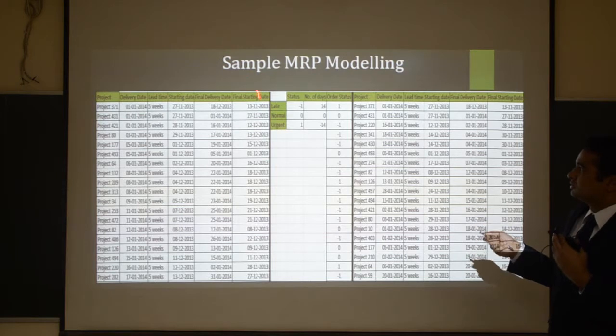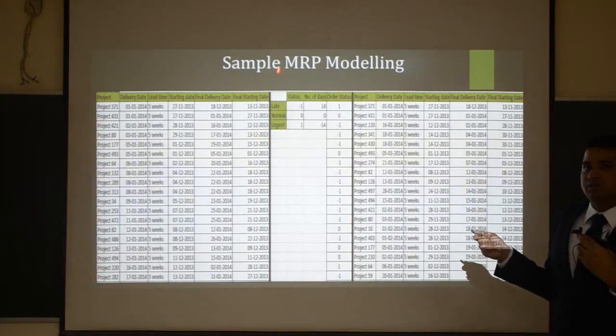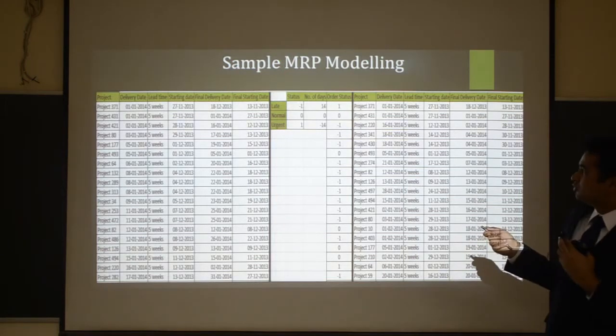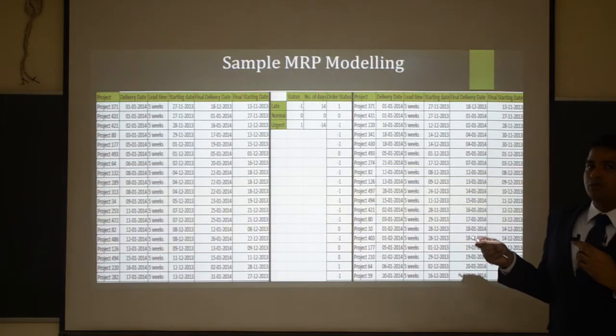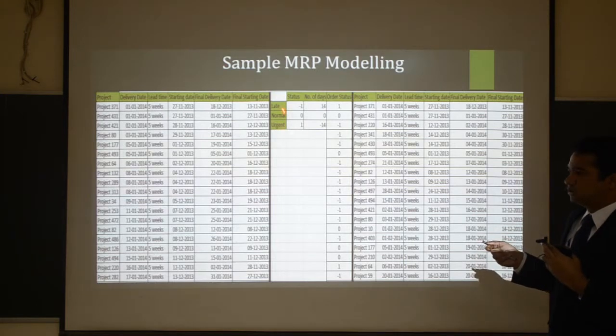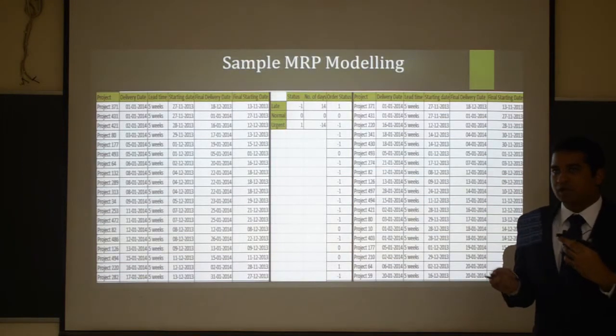If the order status is late, then we assign a value of -1 and the order will be started only 14 days later than the original date. If the order status is normal, then the value assigned will be 0 and the order will be started on the same date as the initial one. If the order status is urgent, we assign a value of 1 and the order will be started 14 days before the original start date.